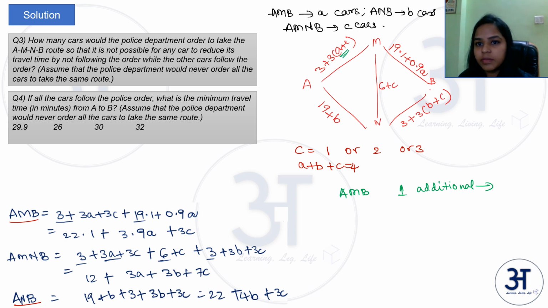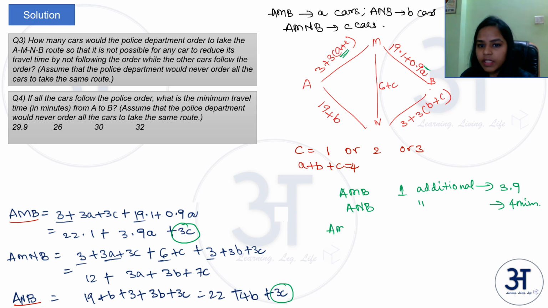Here one will be added and here one will be added. Same 3.9 minutes. For A and B as well, for one additional car, it will take 4 minutes, which is similar to the previous case. So whatever inequalities we formed before, the same inequalities will hold good, because even in A and B and A and B, there is a 3C.